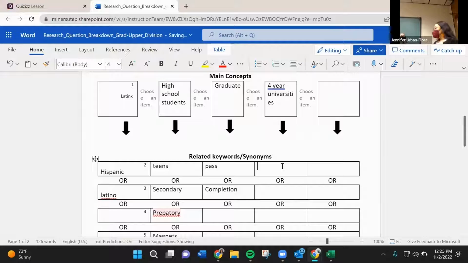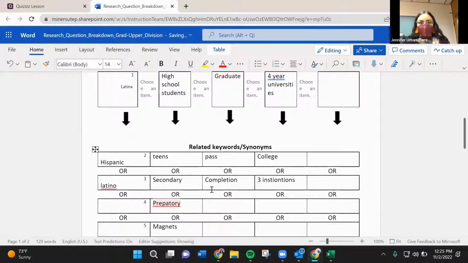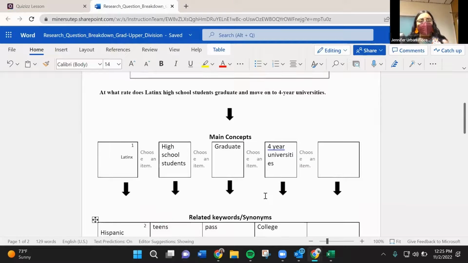And then four-year universities. Is there anything that we can think of for four-year universities? You could use college or university, because sometimes four-year universities are called colleges. College. And then, I'm sorry? Tertiary. Tertiary, yeah. Okay. I can't spell tertiary right now, but we're just going to go with tertiary institutions. Okay. And then I see I have something in the chat, bachelor, research. Yeah, for sure. So whatever keywords, whatever you're thinking of, that can definitely be helpful.